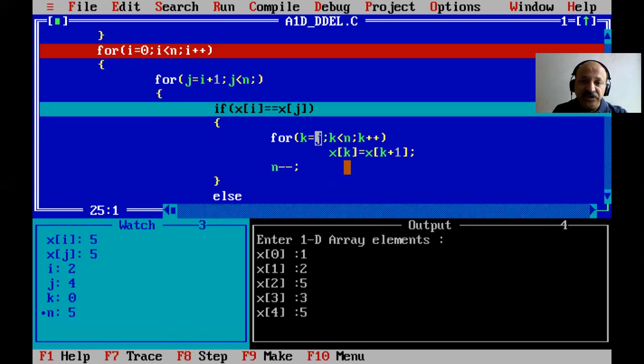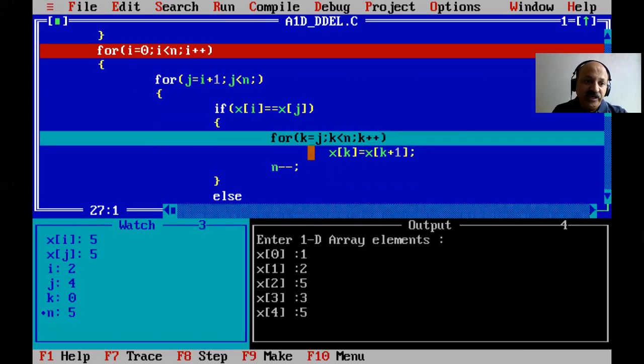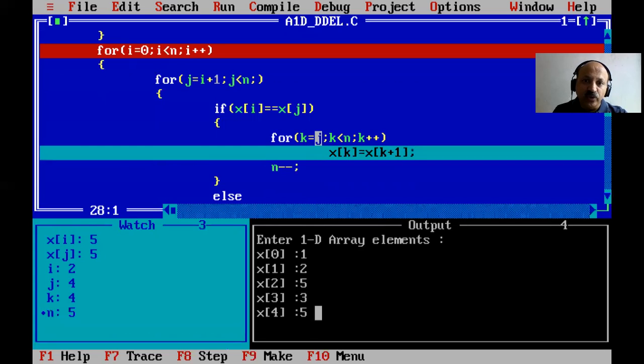So we can shift all elements. Here you can look at how that is possible. The inner for loop is very important. So k equal to directly j. Here j is 4, we can assign the last index, yes, index 4. So you can look, k is directly assigned to 4, and 4 and k plus 1.